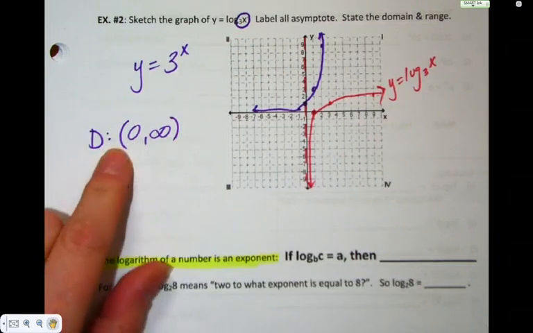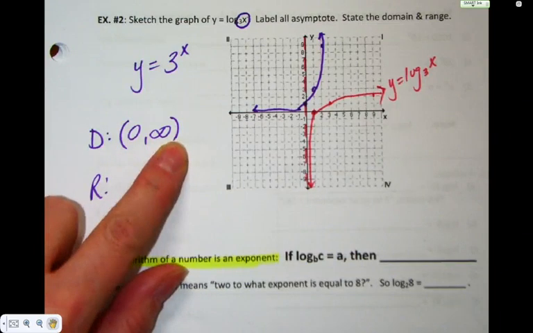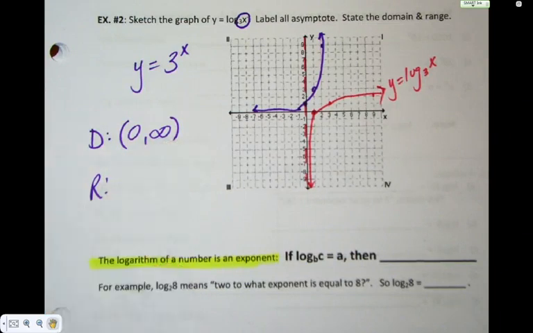Why is this one round? Because it doesn't include 0. And why is this one round? Because it's infinity, infinity special. If you want to do the other notation, what would you have? X is greater than 0. Perfect. The range. And if we want to match this notation,